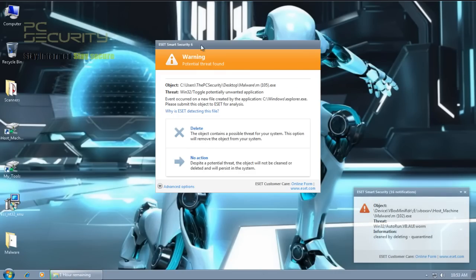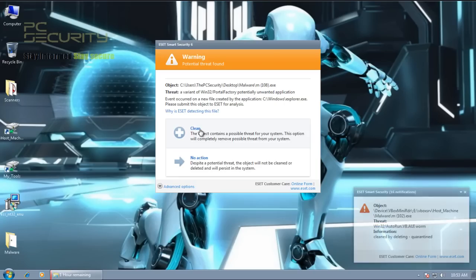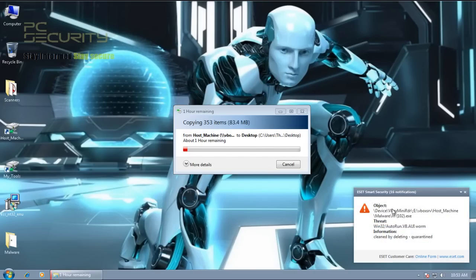Okay, now I'm getting threats like these, asking me that a potential threat has been found. So this is maybe the cloud. I'm not very sure, but it might be the threat sense, or not exactly threat sense. They call it Live Grid. It might be Live Grid that's doing some work here, but I'm not very sure what exactly these threats